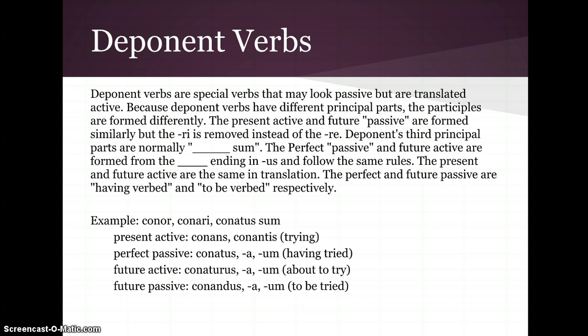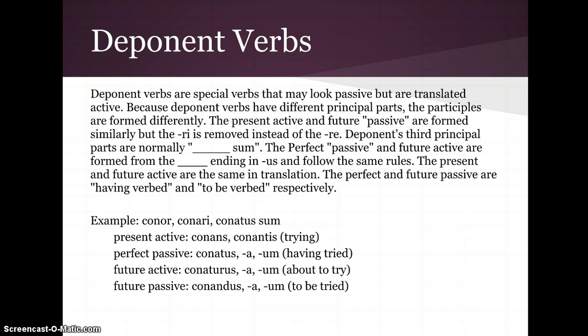And then the third principal part of deponent verbs is normally something ending in us, and then sum, which is the I form of to be. Usually we just use this word that ends in us as the fourth principal part, and it's formed the same way as normal verbs. So for example, the verb conor, conari, conatus sum would become, in the present active, conans,